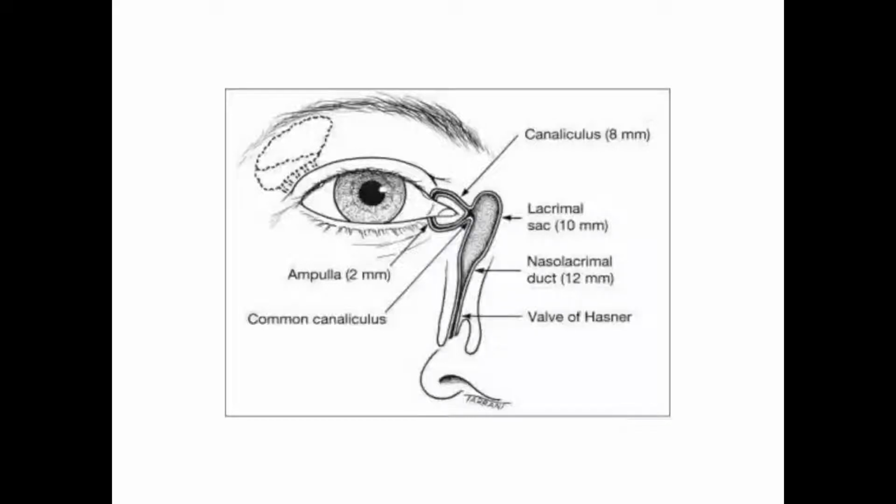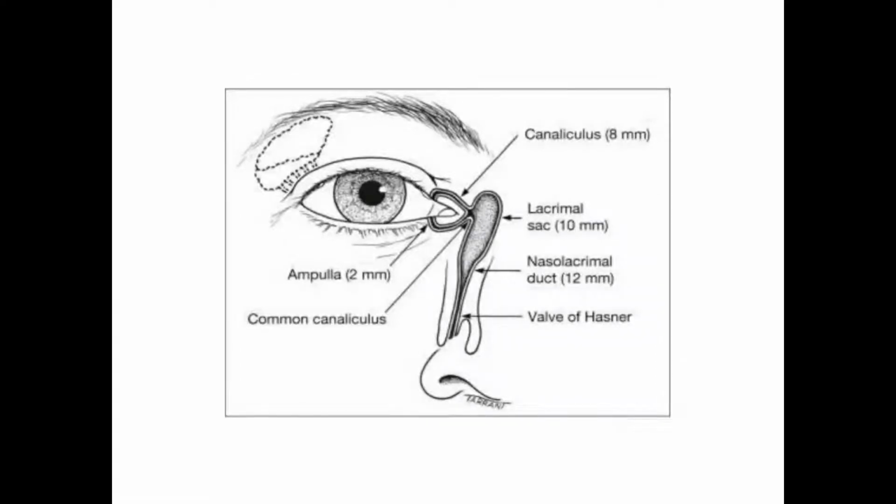You can see here in this beautiful diagram where the lacrimal gland is situated. Usually the lacrimal glands are of two types: one is the main gland and the others are accessory glands. The main gland is situated in the lacrimal fossa, which is seen here beneath the upper eyelid in the lateral area, and from there and from the accessory lacrimal glands the tears are secreted, and they cover the eye to form the tear film, and they are drained